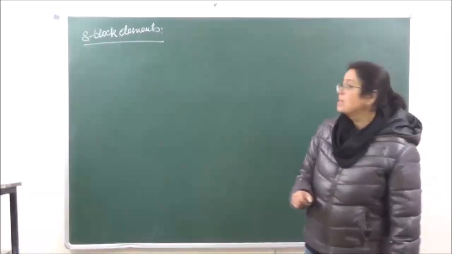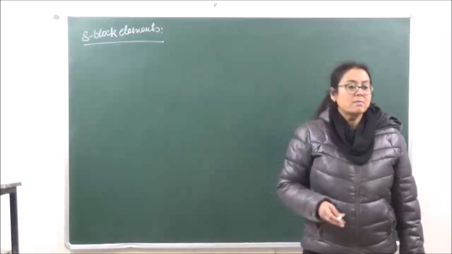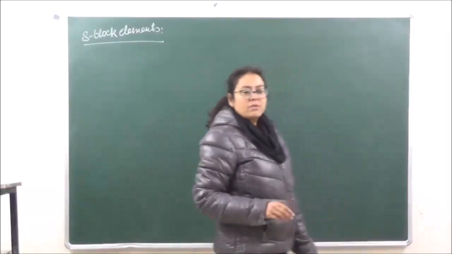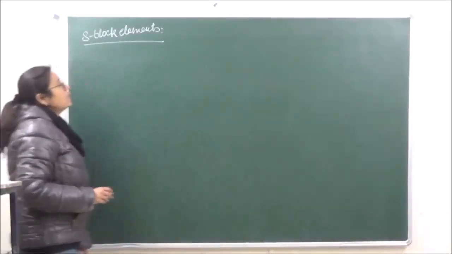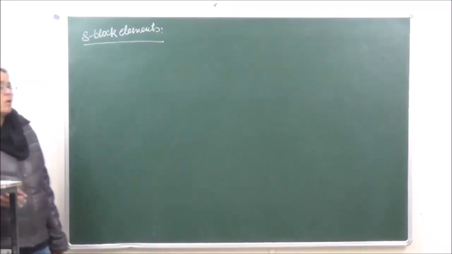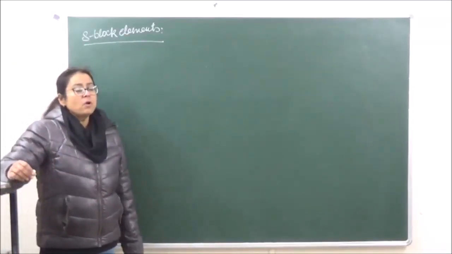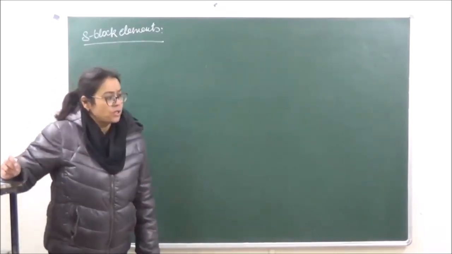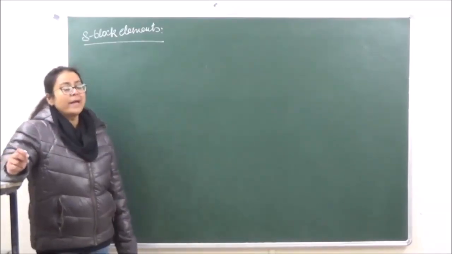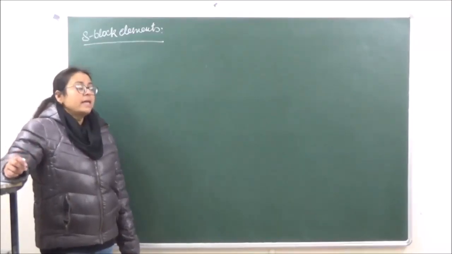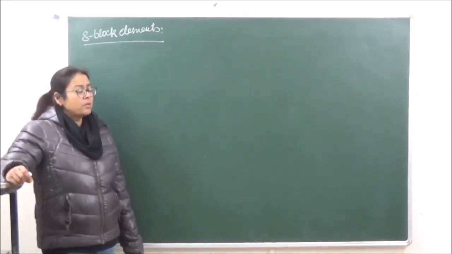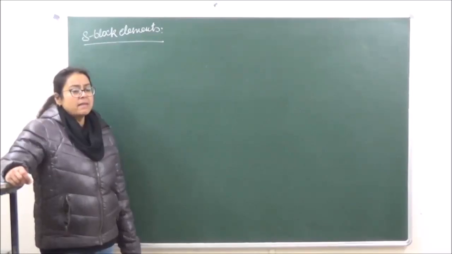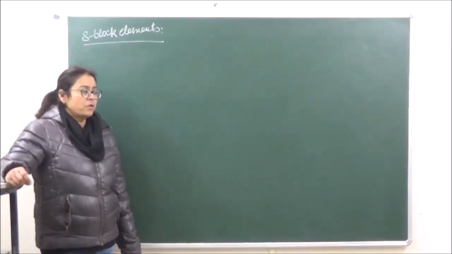So we're going to our next chapter over here, S block elements. This is unit 11 of class 11. Now over here we'll be talking of S block elements. In case of S block elements, the differentiating electron or the last electron that is going to enter into the S subshell is present at the extreme left hand side of the periodic table.